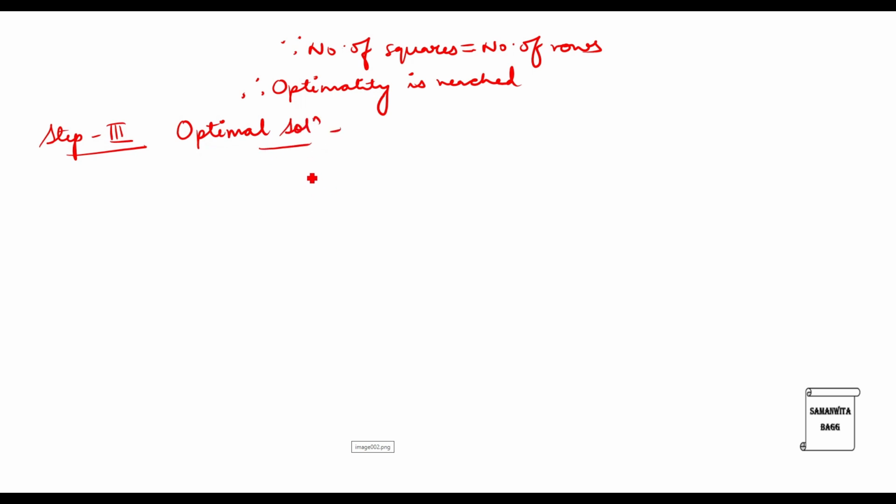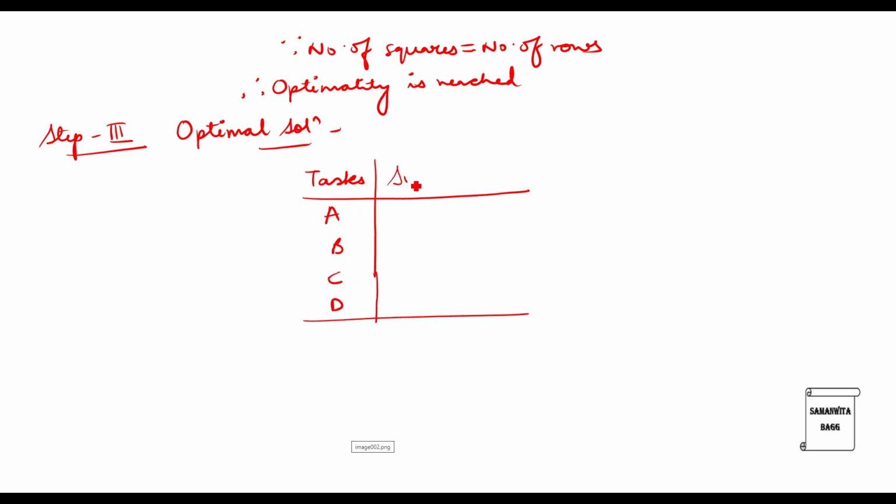So for that we will first make the column of task, that is A, B, C, D. Then we have subordinates to which the task has been allocated, and finally the time that will be required in hours.